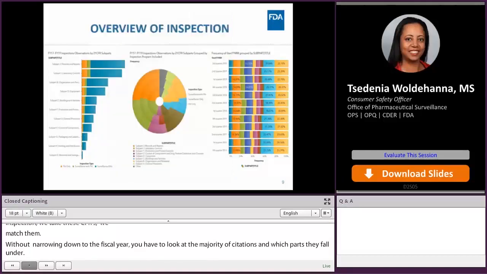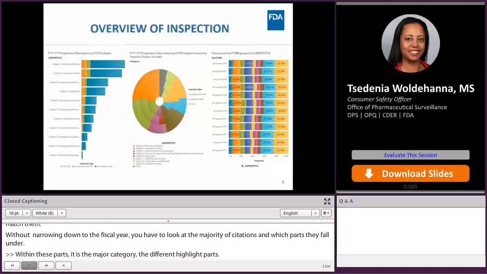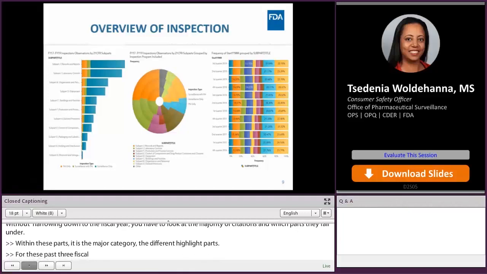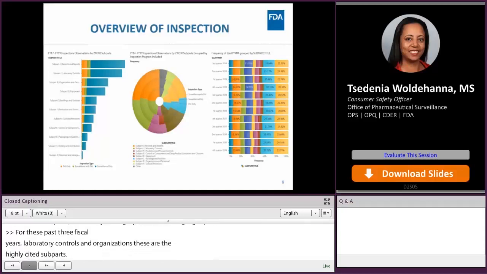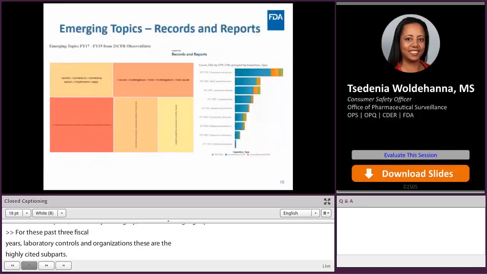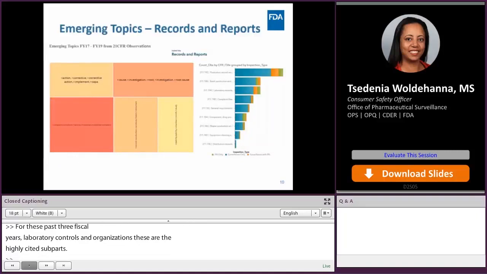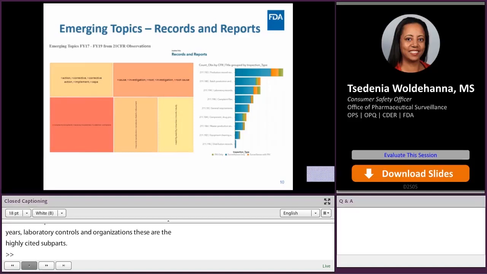So for these past 3 fiscal years, records and reports and laboratory controls and organization and personnel are the highly cited subparts areas within the CFR. And in this trend, there is no specific time-based trend or inspection type trend to these various subparts areas that are cited. So taking a further look into these areas, the records and reports subsection,